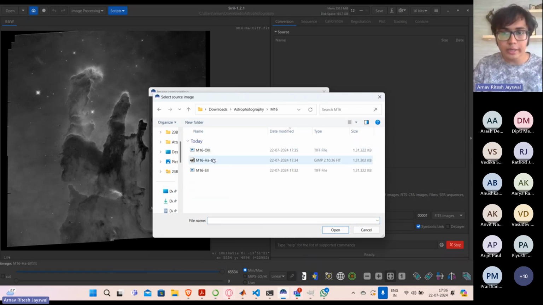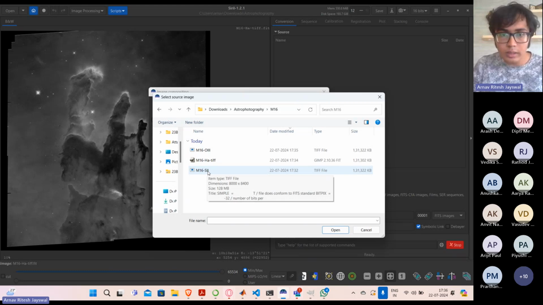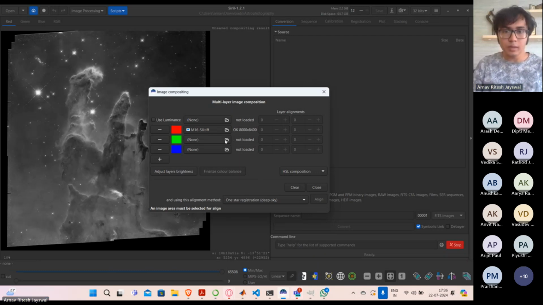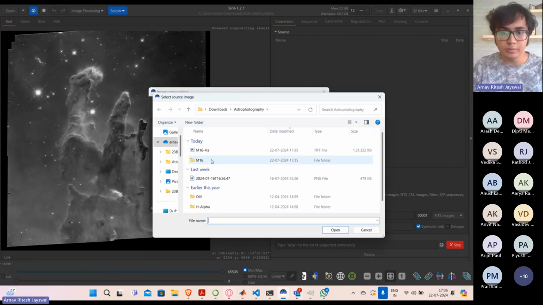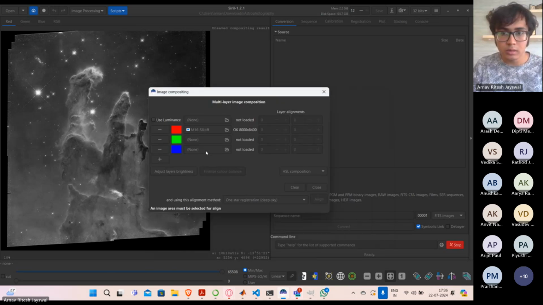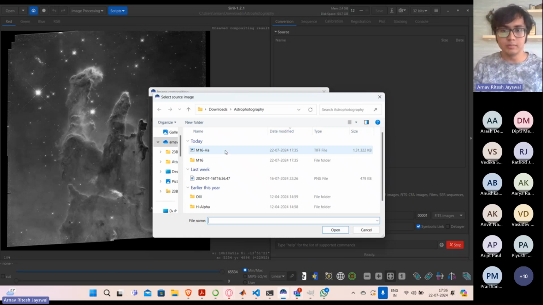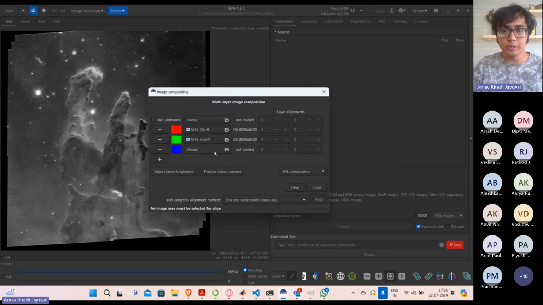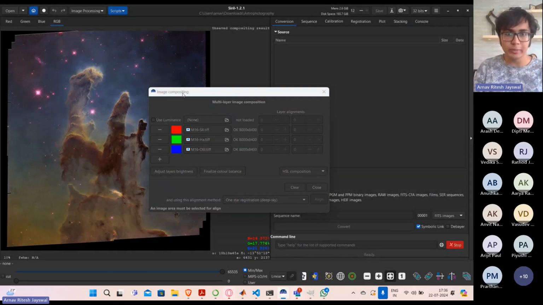you go to the folder, and you have S2 here. I think it's just loading. Then for green, you have H alpha, and for blue you have the O3. Once you've applied all of these, you can just go to the RGB frame,